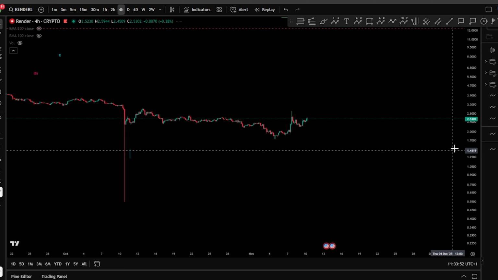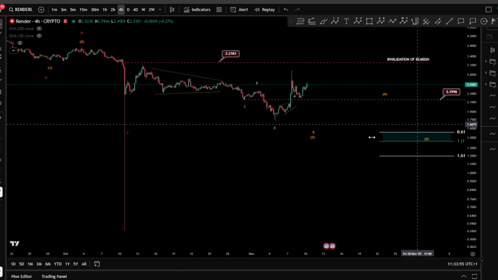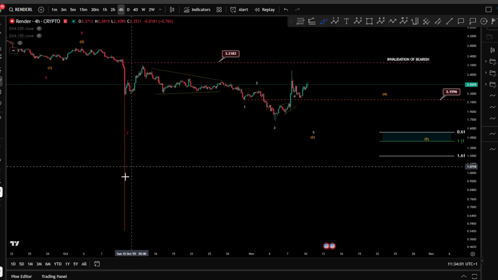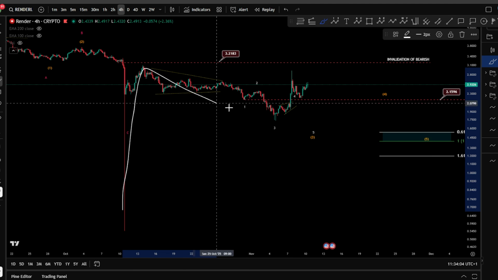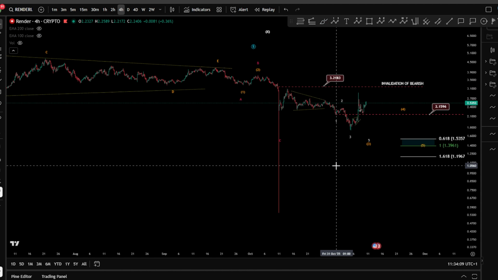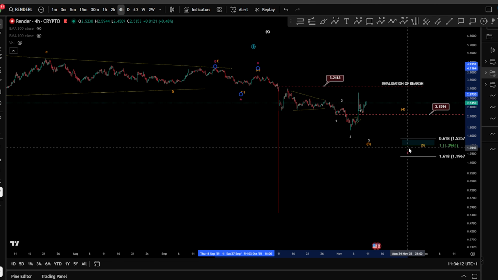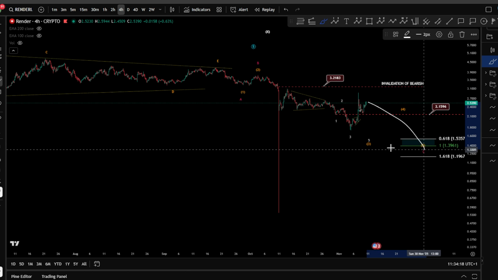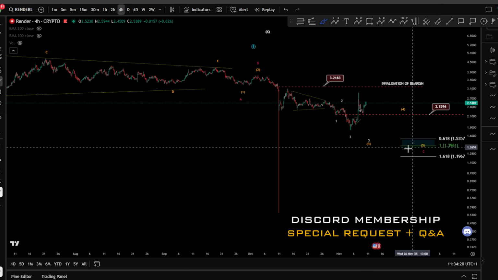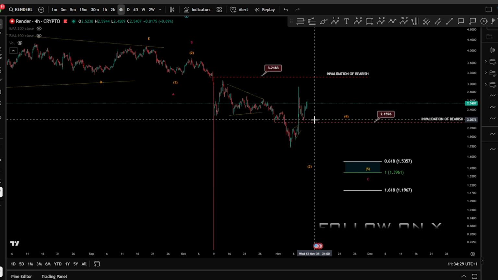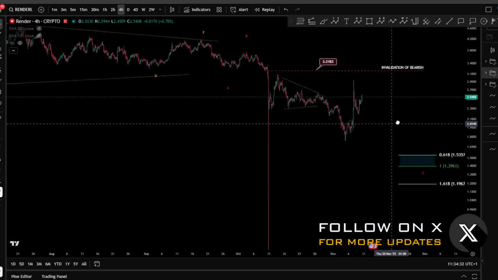Now, if we dive also on the micro level, we can see that we have kind of 3 waves there. We cannot really count something impulsive, but it can be the regular flat which is unfolding here, kind of like an A, B, and a C toward the upside. And that means in case that you are in an ABC there, you might still look after a wave 5, but don't forget that the invalidation has been taken very clearly here, right? Invalidation of bearish. And that means, very interesting, that things start to shift for higher prices.